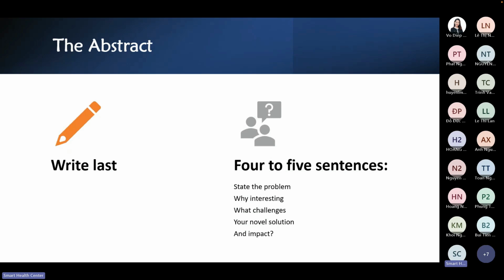All right, so the abstract. Usually, I write that as the last one, after you get all the paper done, and you know what you want to do and what your paper has. So I write it last, and normally it's 4 to 5 sentences. You can go in and state the problem, why this problem is so interesting, why people want to study this problem, and what challenges,